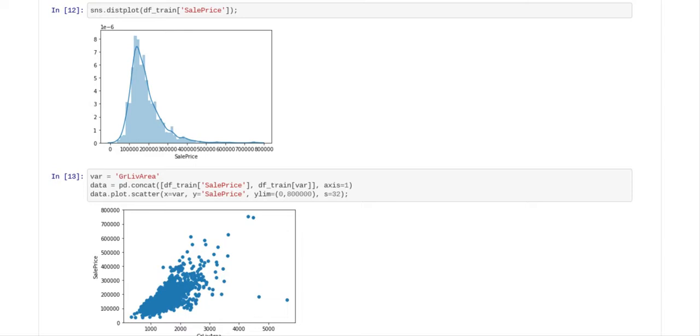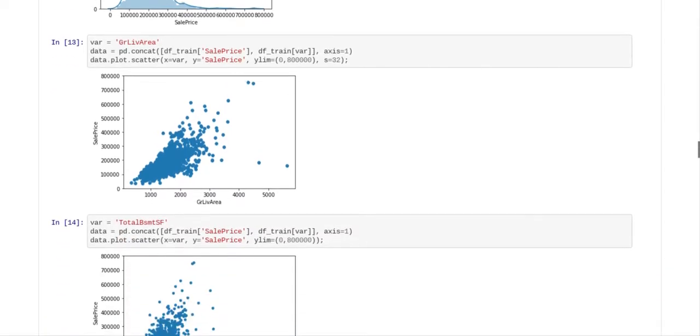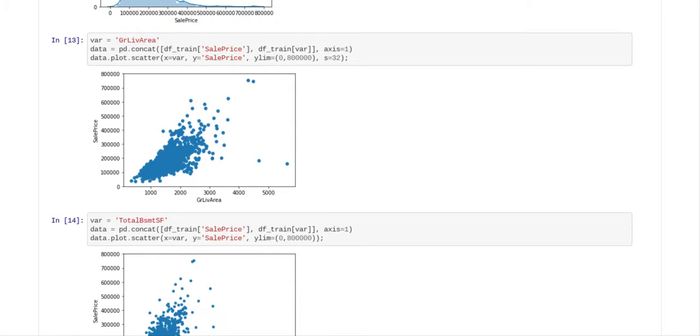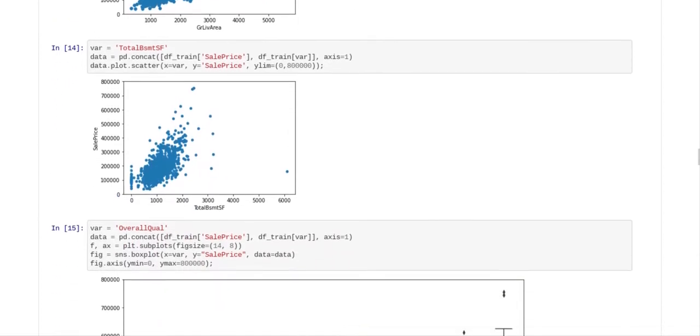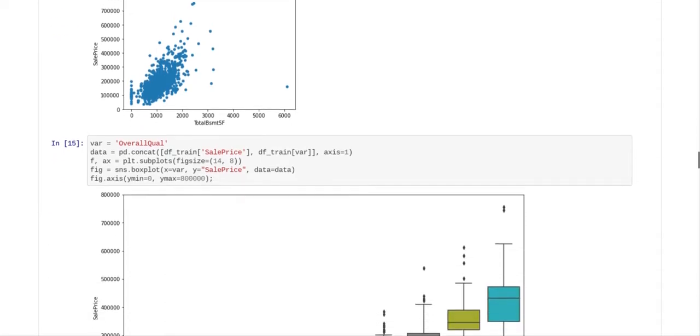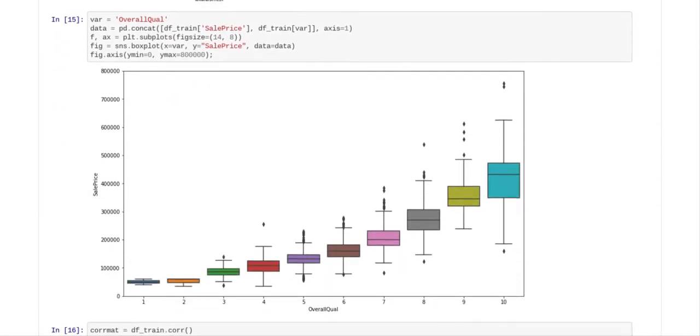They peak at maybe $150,000, something like that. And then we plotted the sales price against the greater living area, and you can see the plot. We plotted the sales price against the total basement SF, and you can see the plot. We did a box plot with the overall living area against the sales price, and you can see that plot